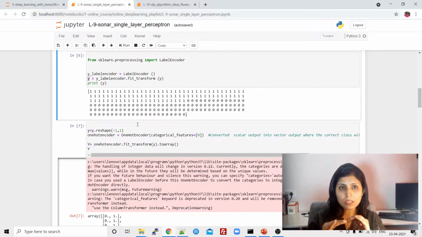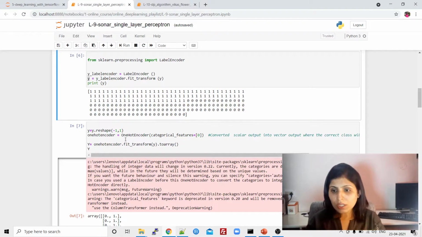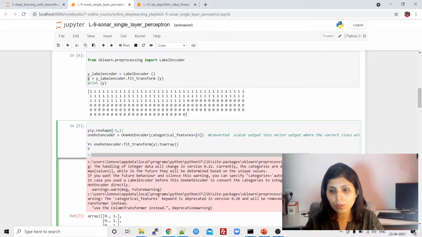So the next task is to have two different columns for storing the data of the two different classes. Let's suppose you want to perform classification and you have 10 output classes. Then in deep learning, you should have 10 different columns, one for every class. So this is what one hot encoding does.